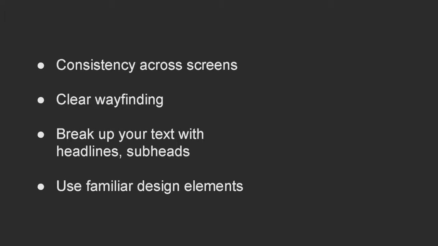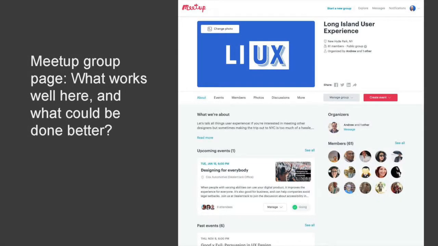Break your text up with headlines and subheads, of course. And use familiar design elements like that underlined hyperlink. Everyone knows what it is. You can make it look good. Please make it look good. But use things that are familiar. If you find yourself inventing something brand new, an interaction that's never been seen on the web before, that might work depending on who your users are. But I would, just as often, it's kind of like a red flag that maybe you're making things hard on your user.